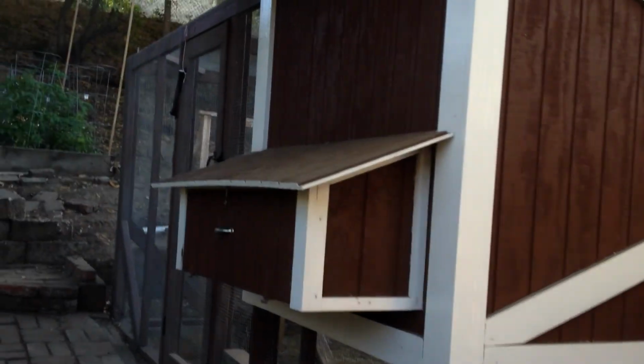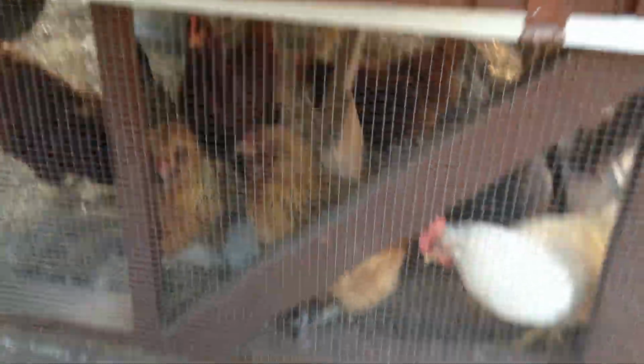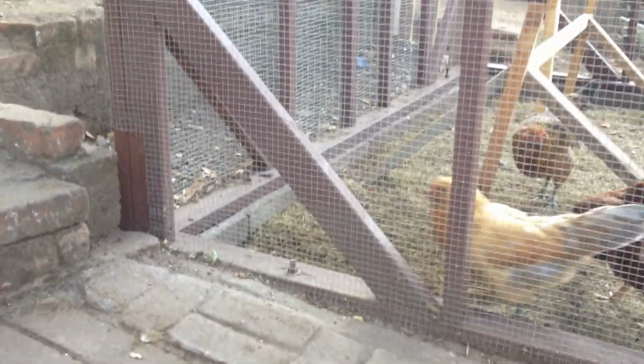All right, we on? We're on. This is the chicken coop, which is on a revived foundation. I think it was an old shed foundation that we just kind of repaired with some mortar, some bricks, and we laid down some treated 2x4s and bolted them down. As you can see, we bolted them nicely to the foundation